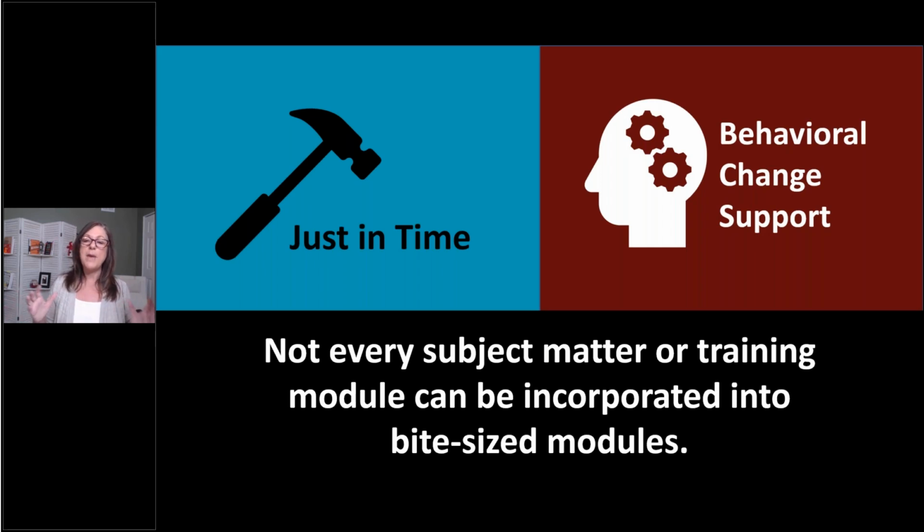So not every subject matter or training module can be broken out into bite-sized pieces. Now, there are a lot that can, and what I might suggest to you is if you think about your phone, you have a variety of different apps within your phone. I've got hundreds, way more than any person should have on their phone. But if you have an iPhone, for example, it allows you to bundle all of your apps together, right? So you have a square on your phone, and within that square,